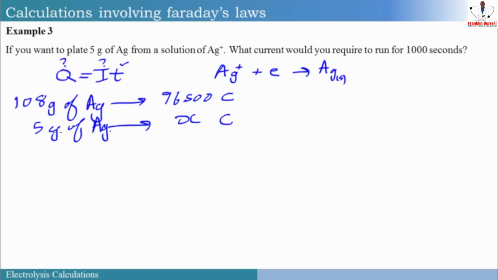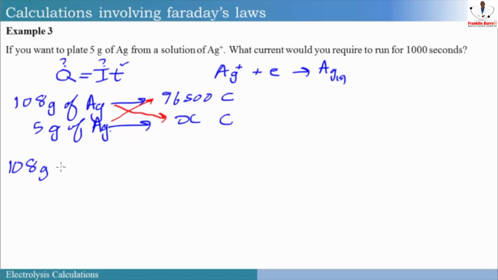Or how many coulombs would you need to produce 5 grams of silver? So now we can find Q this way from the mass of silver given. Again, we are going to cross multiply. So from that, we can now say